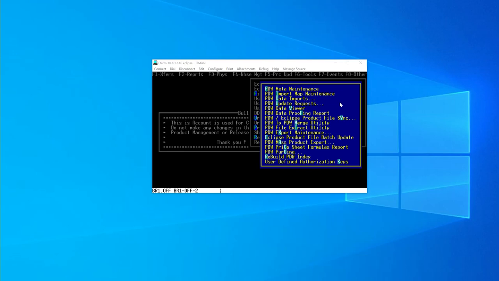You could be getting spreadsheets of information from vendors that might be more useful for some of the things you're doing, or pricing information. You could pull it into PDW with a template, and then you can do an update process,